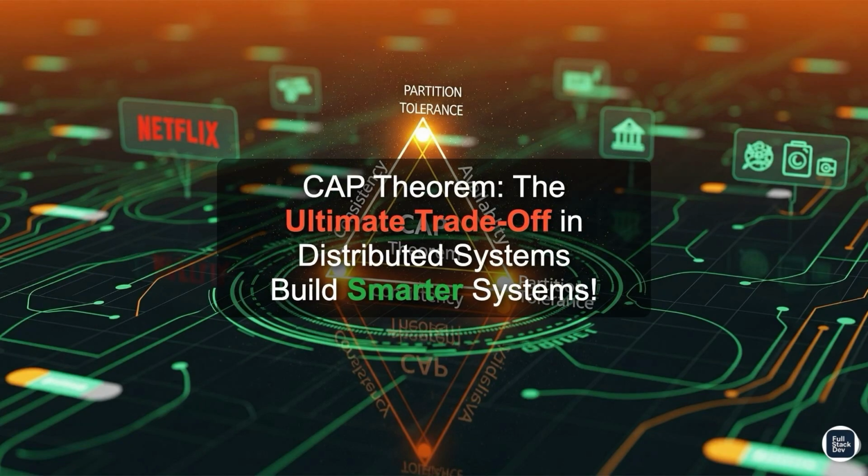Ever wonder why your favorite apps stay fast, reliable, or consistent, even when the internet gets messy? Enter the CAP theorem, the golden rule of distributed systems. It says you can't have it all: consistency, availability, and partition tolerance. You pick two and sacrifice one. In this video, we're unpacking the CAP theorem with real-world examples and practical tips to help you design systems that